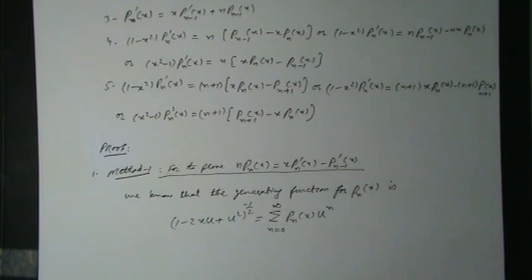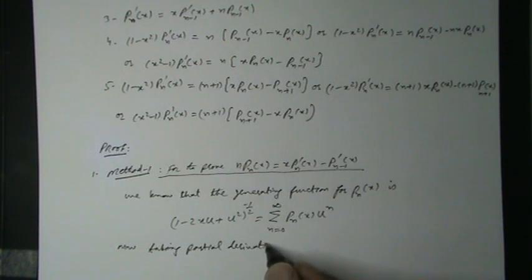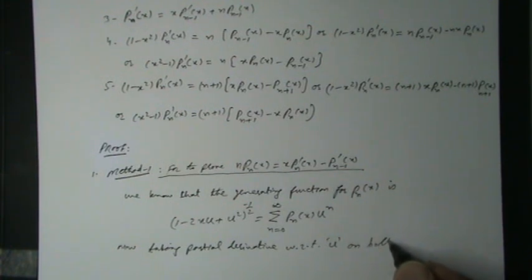This is a function of two variables u and x. So if we take the partial derivative with respect to u, then we keep x as constant, and when we take the partial derivative with respect to x, then we take u as constant. Now taking partial derivative with respect to u on both sides, keeping x as constant, we get